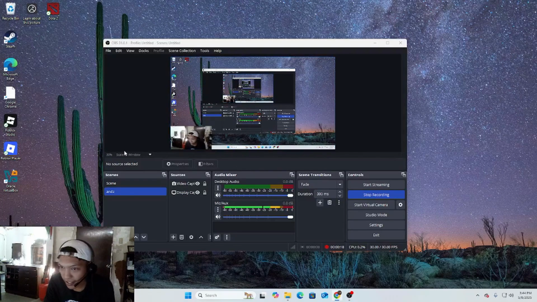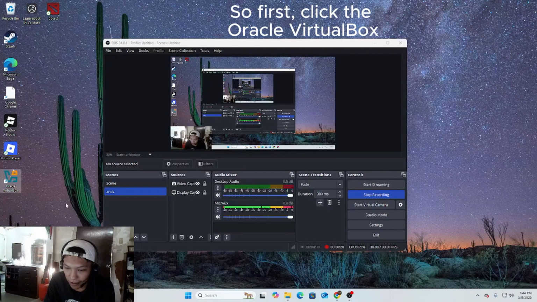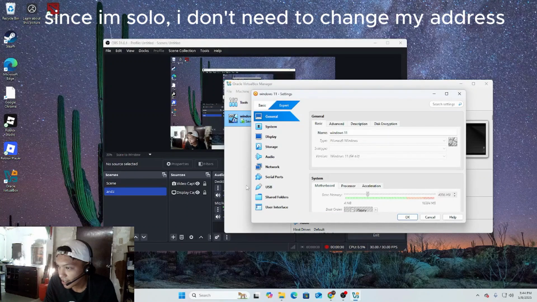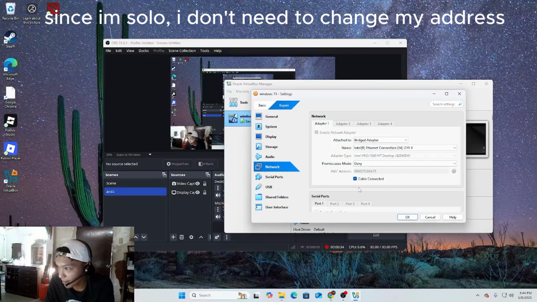So first, click the Oracle VirtualBox and go to settings and next is go to network tab. Oh, so it's okay na.